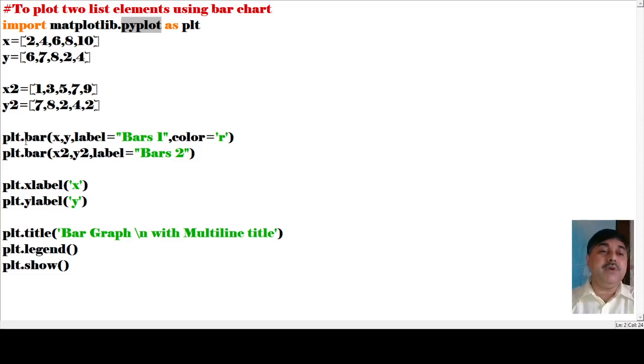Then see, plt.bar(x, y), label is given as bar 1, color is r. Next is plt.bar(x2, y2), label bar 2. Here the color hasn't been defined, so the default color will come. Next we find plt.xlabel, we say x, and plt.ylabel, we say y.